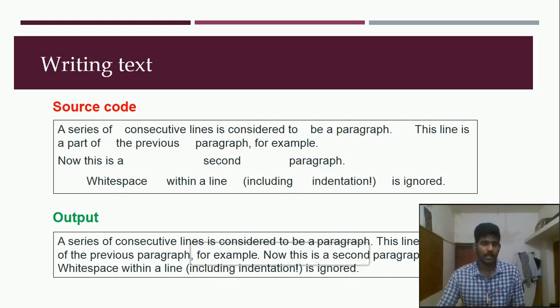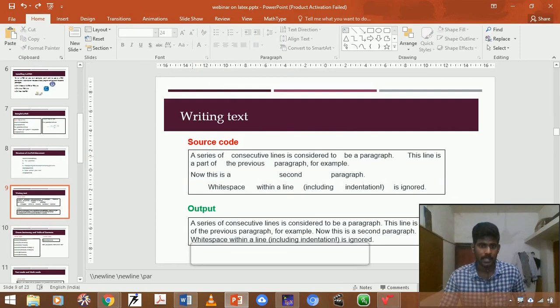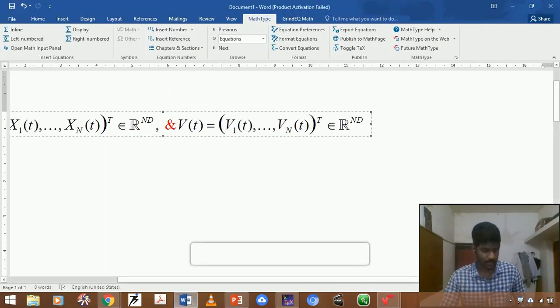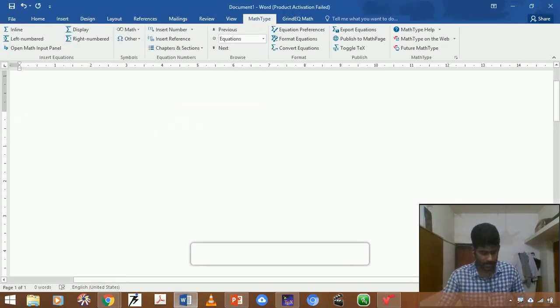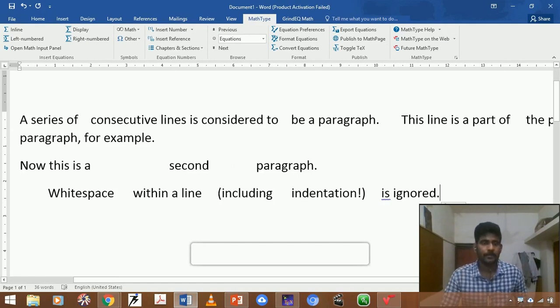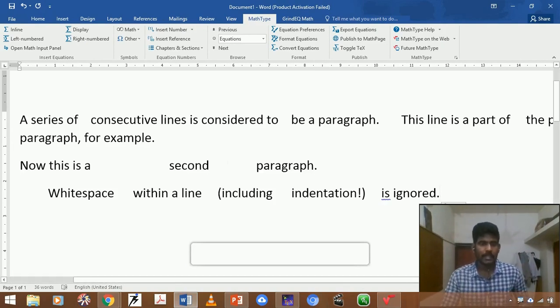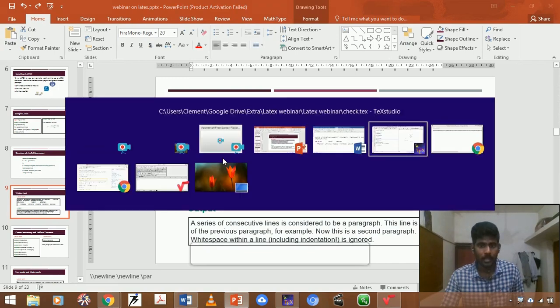For example, if I am copying this text from my presentation, here you could find there are some white space errors. I want to paste it in Word. Whatever content you copied from somewhere, if you paste it in Word, it will be retained with the white space errors. But if you copy the same and paste it in LaTeX, you could see the miracle.